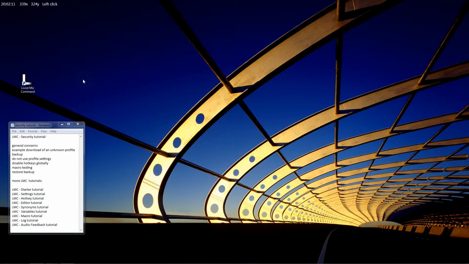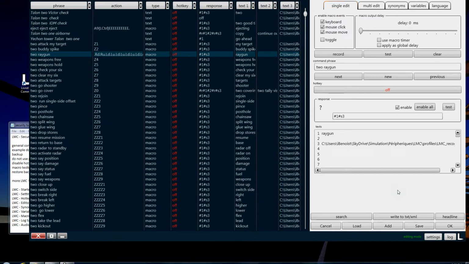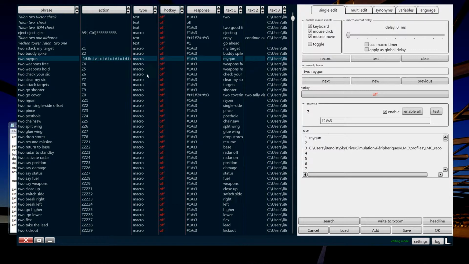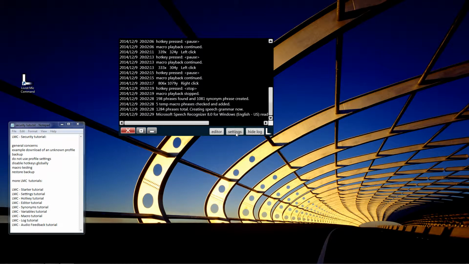Left click there, left click there, well, it does nothing. Playback continued, and so you see how it goes, alright? You can always break using your stop hotkey if you don't like a macro, and you can test through suspicious macros in this way. Another way is maybe to first find out which macros are suspicious, and to do so,